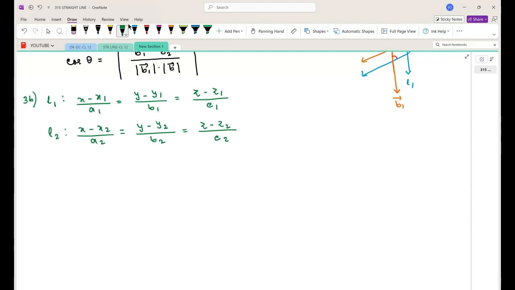So in this case, the acute angle theta between L1 and L2 is given by